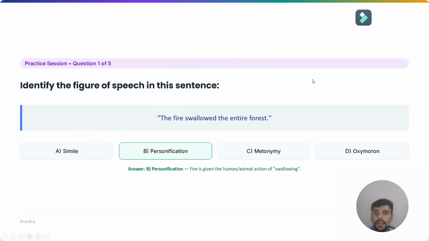Another question. Suppose I say, "The fire ate the forest." Would that also be personification? Yes. Because eating is a biological action. Now, "The fire spread across the forest." That's generally literal description. So one of the best ways to identify personification is to examine the verb. Ask, could this object naturally perform this action? If the answer is no, then the action is distinctly human or living. Personification becomes likely.